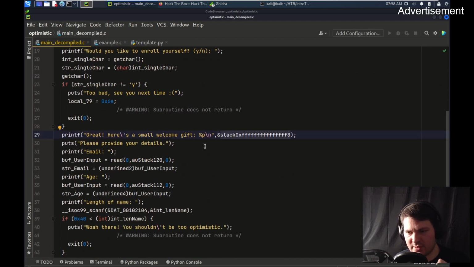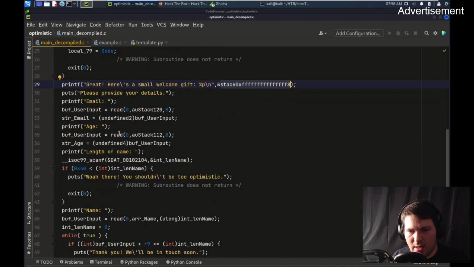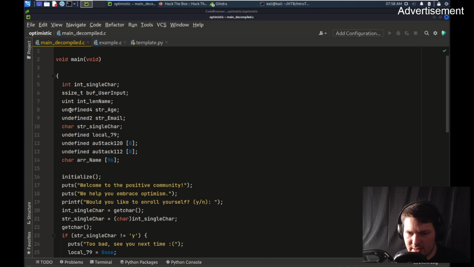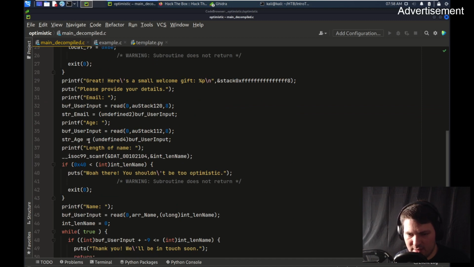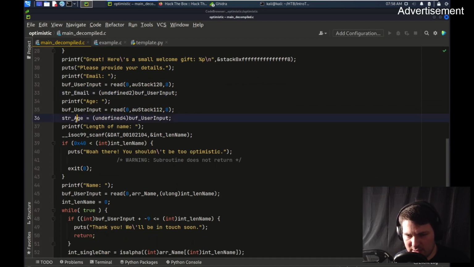If you use this address as is, you will basically not get anything because you're already past our input. So it says, please provide some more details. This is only getting 8 bytes here in the buffer, assigns it to, I just said it's a string, email. I mean, here it's undefined, same as age, but it's good enough for us here because the vulnerability is not in email and it's not in age. But definitely there's something interesting by asking us the length of our name, and it's checking the length of our name, cast into an integer,